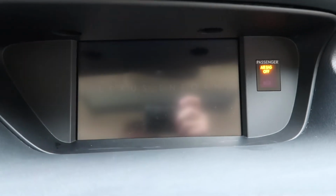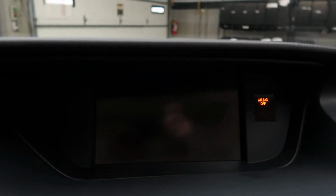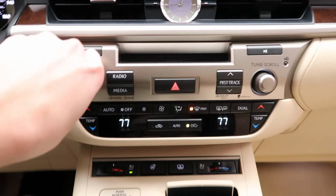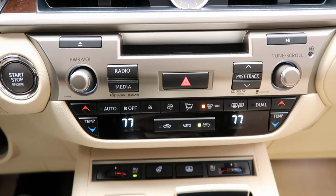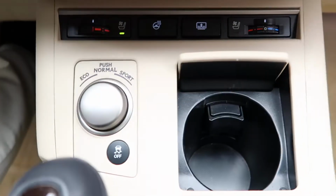media display, rear view backup camera, navigation, hard keys for our media display, dual climate controls, heated and cooled seats. This ES350 has